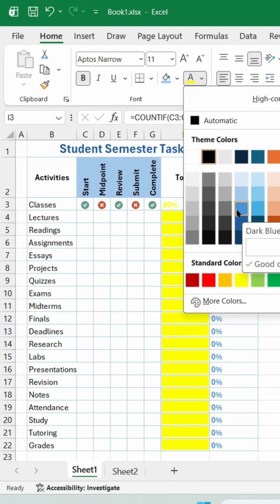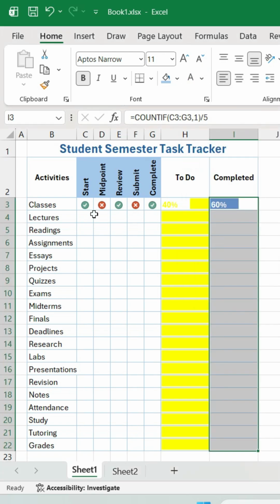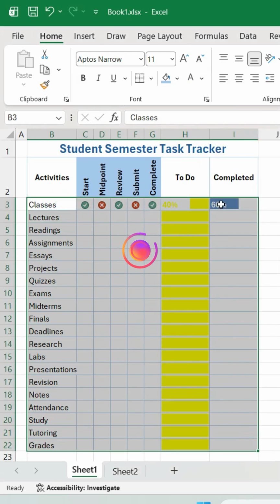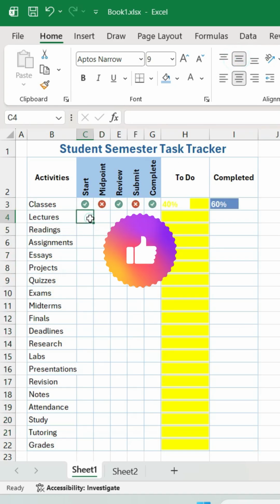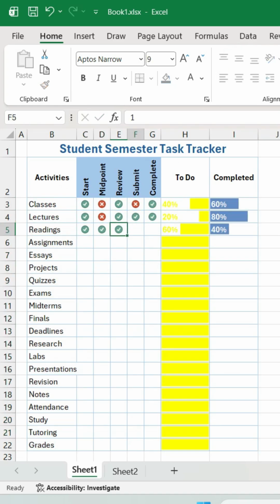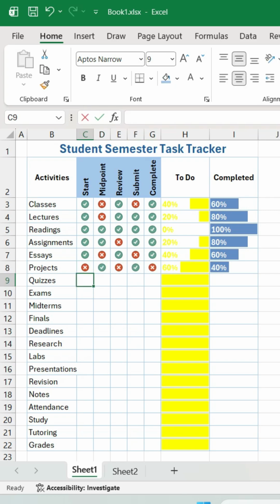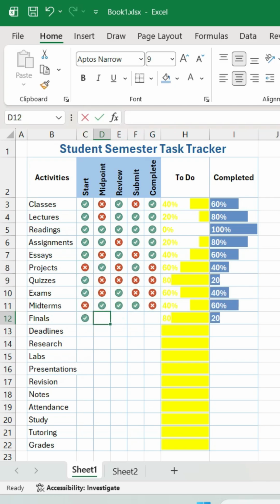And just look at that. Your student semester task tracker is now fully interactive, visually appealing, and incredibly easy to use. Now you can track every assignment, monitor your progress, stay organized throughout the semester, and always know what needs your